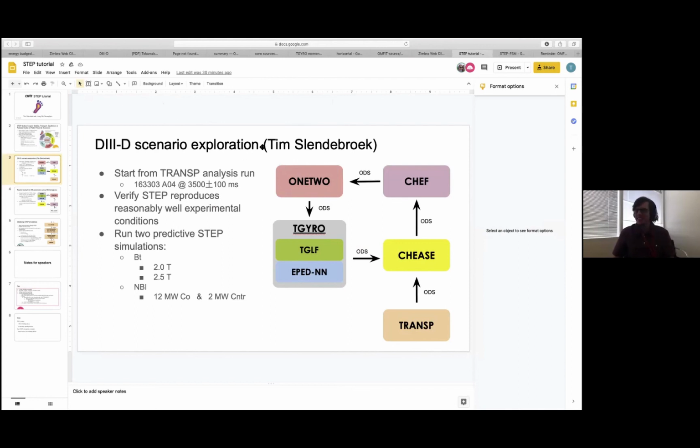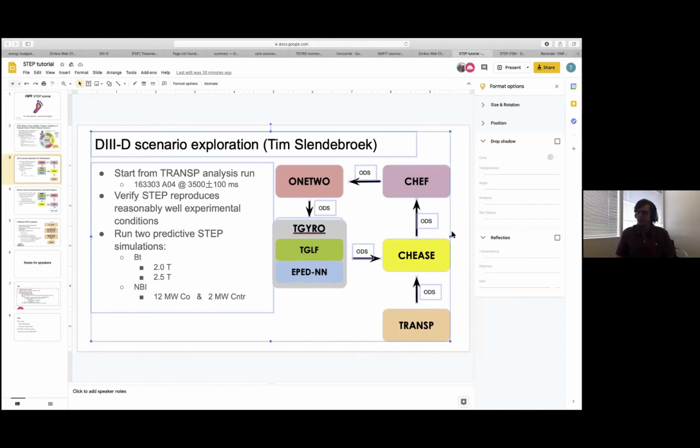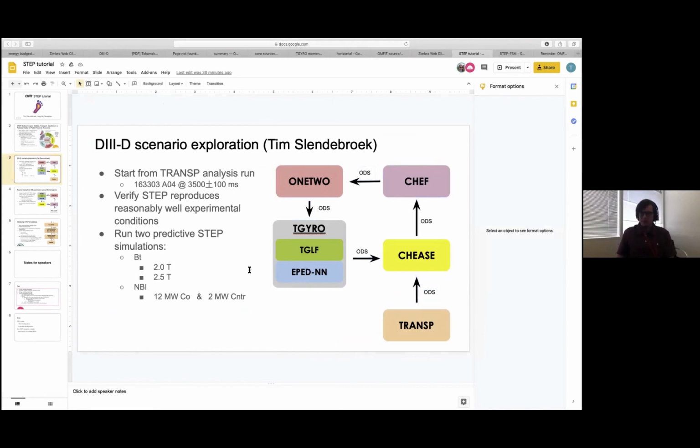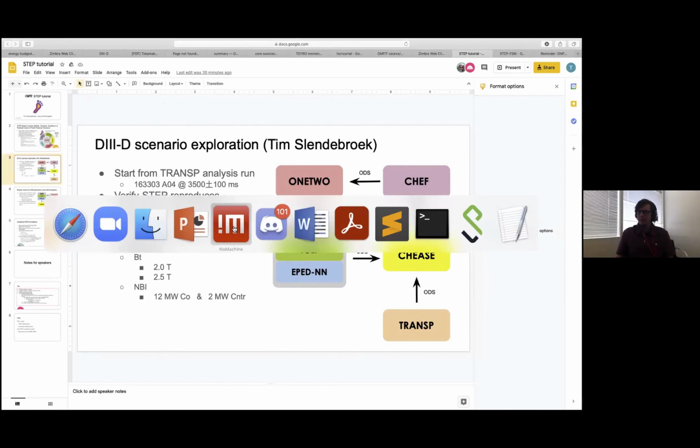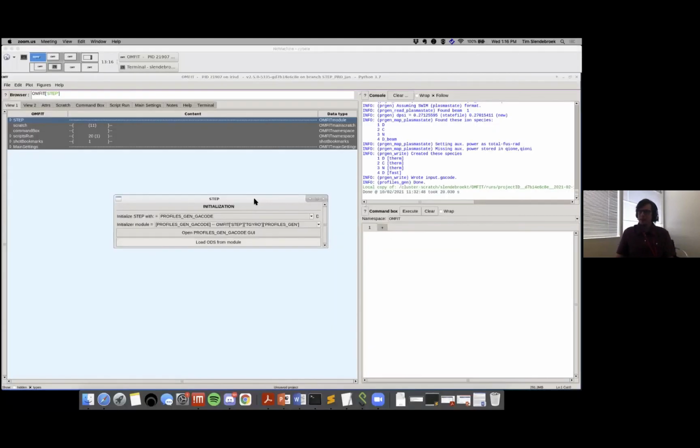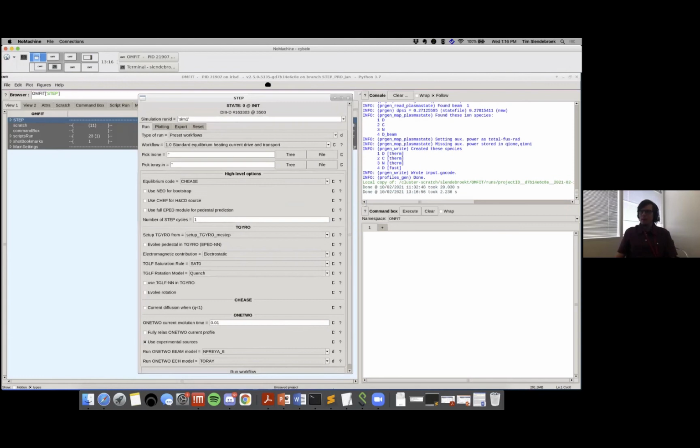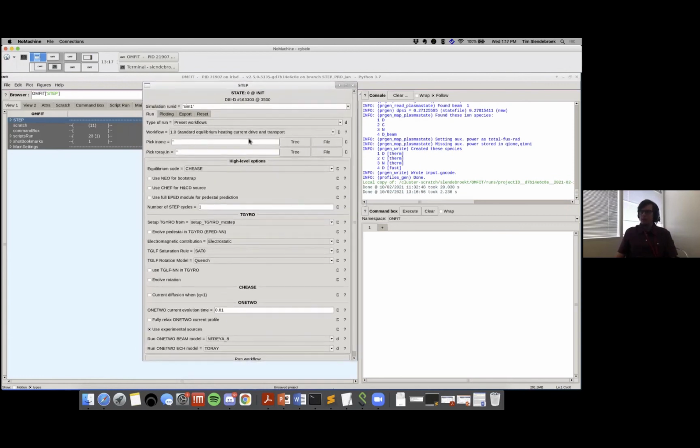Thank you for passing it over to me. As Orso already described, we now have our initial ODS in STEP, and now we're running this workflow. I'll be showing you how to run a pre-baked workflow using STEP. So again, we have the screen that Orso showed. We load the ODS into a module, and that will show us our big STEP GUI, which is pretty